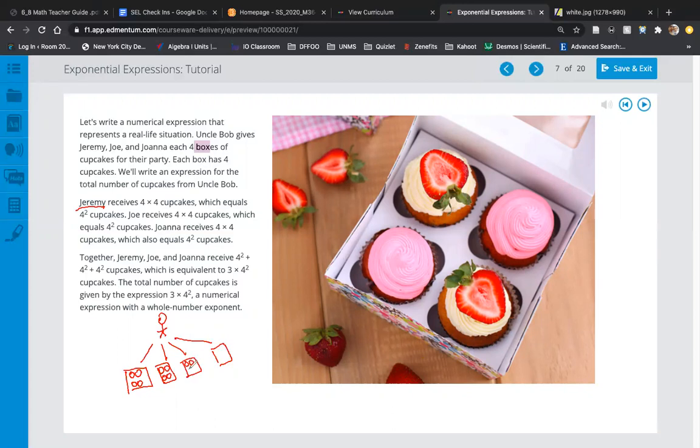4 cupcakes, 4 cupcakes. So if I wanted to figure out how many cupcakes Jeremy has, I know that I have 4 boxes. Each box has 4 cupcakes. So that would simply just be 4 times 4, which we know is,